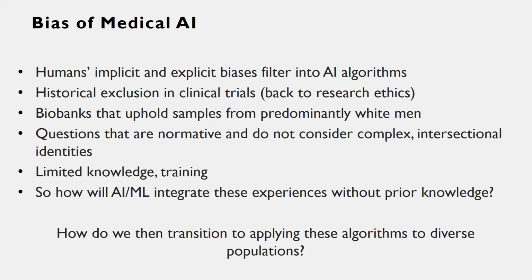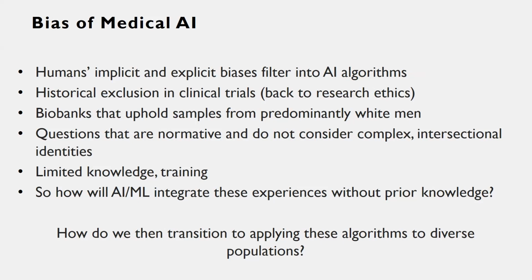Those who use biobanks, maybe for imaging and diagnostics, know that the UK Biobank, which is one of the biggest biobanks in the world, is actually, I think, 80 to 90% white, right? And it's predominantly male. So when you think about, oh, I'm going to use the biobank to create an algorithm to detect, let's say, Alzheimer's disease. Okay, that's cool, but your sample is predominantly white men. And actually, we see disparities, which I'm going to get into in a minute, in Alzheimer's and dementia-related disease among African Americans. How are they going to play a role in this? How are we going to draw earlier and more accurate diagnoses if these individuals are not in the algorithm?